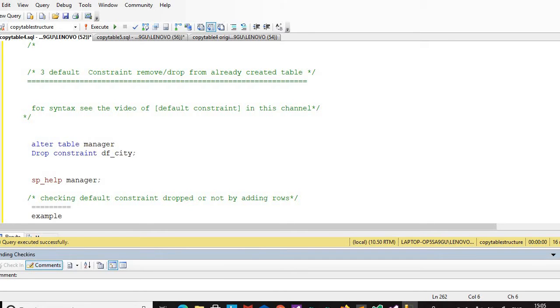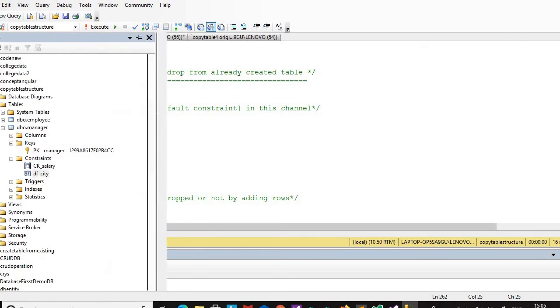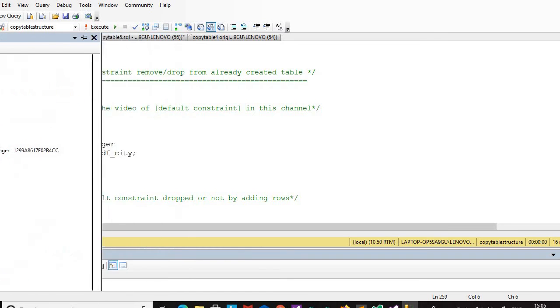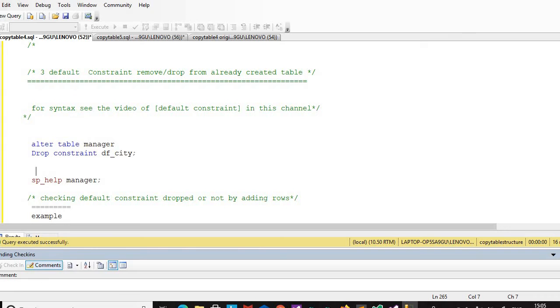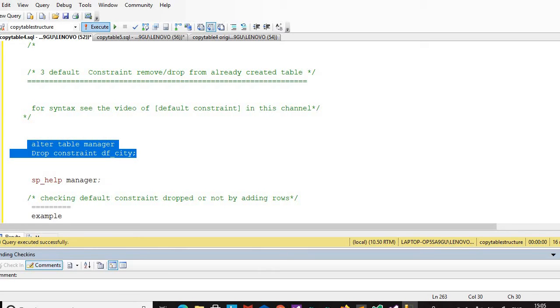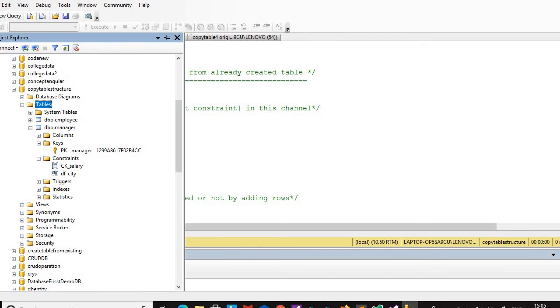So here we directly execute the query: alter table manager. This is the table name, and this is the constraint name, dfct. The constraint name must be the same as when we applied it. So: alter table manager drop constraint dfct. The query executed successfully. We can refresh here,